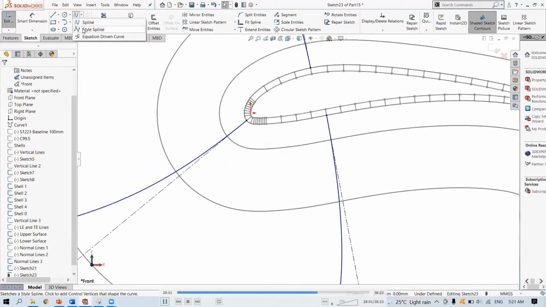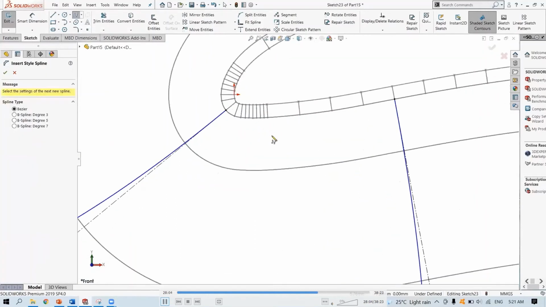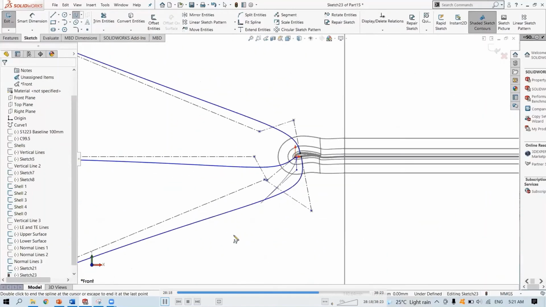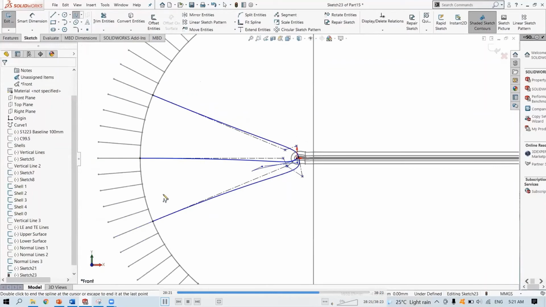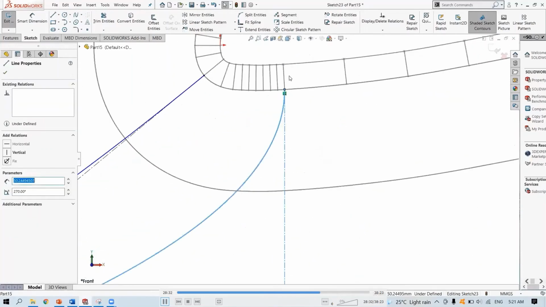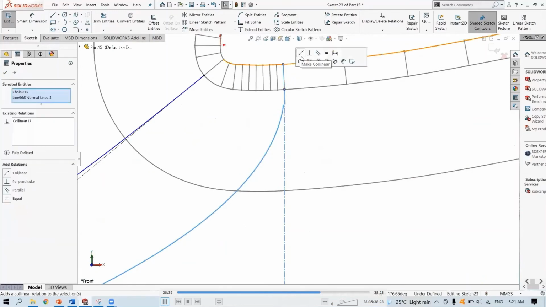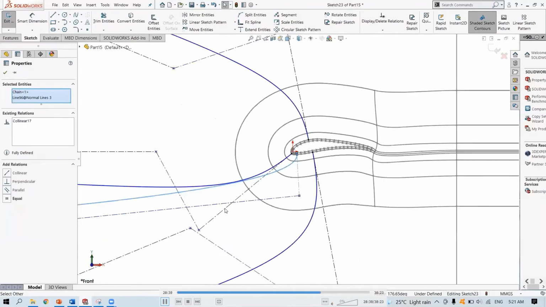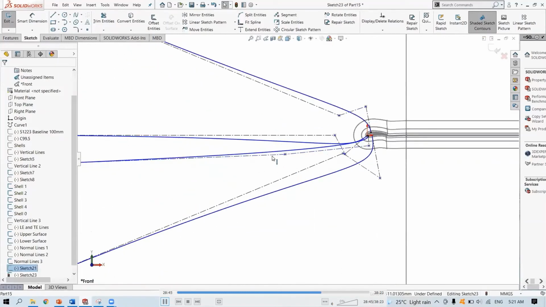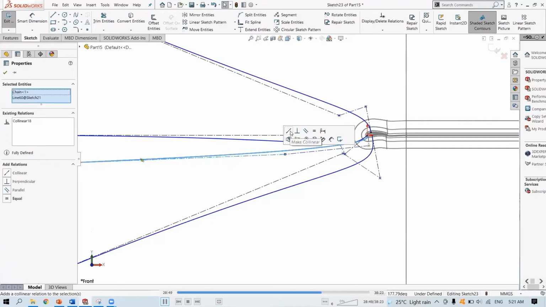So now just going to add more style splines. Usually I just use 2 control vertex, and that should be sufficient. Select the normal line. Okay. Linear.